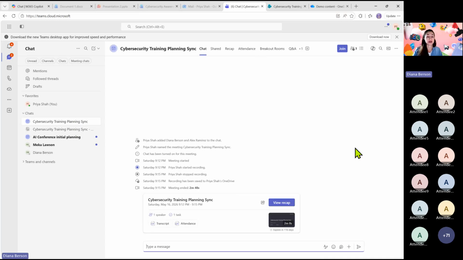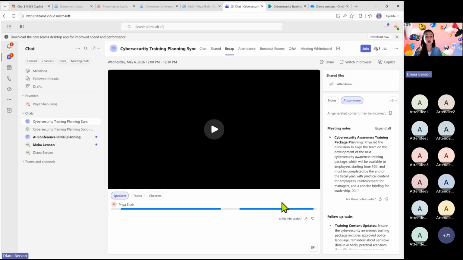Anything transcribed or recorded, and when you have a recording, you do have the transcription. So at minimum, you need transcription. Anything that was transcribed in a Teams meeting will have this button, View recap. And under this button, if you have the license for Copilot, the premium one, you'll have this tab,